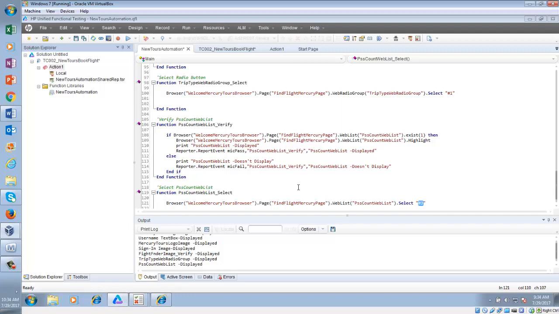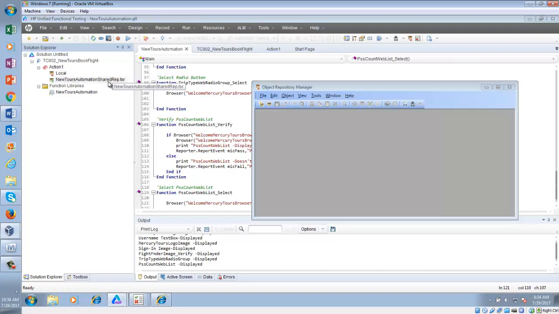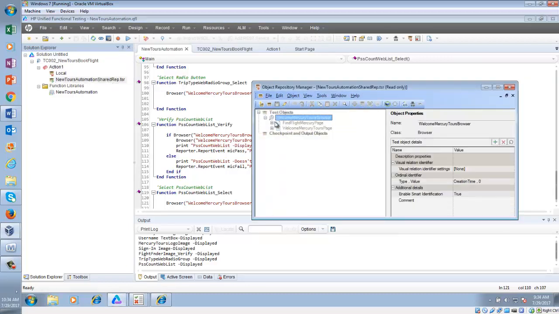So what we do is create a copy of that repository. When another person is working in this repository, you will see we do not have the trip type radio button or the passenger web list in this object repository.